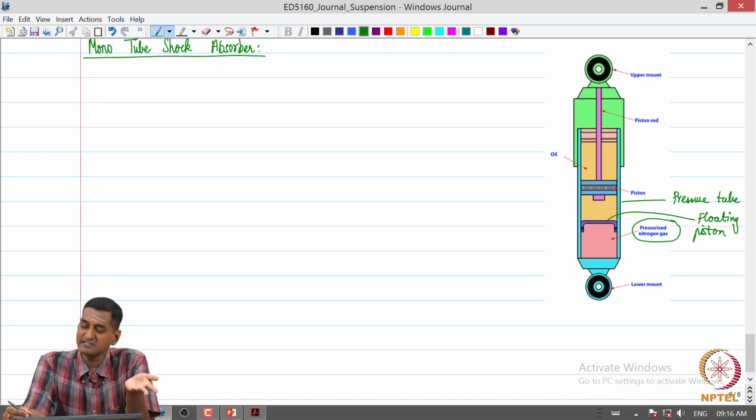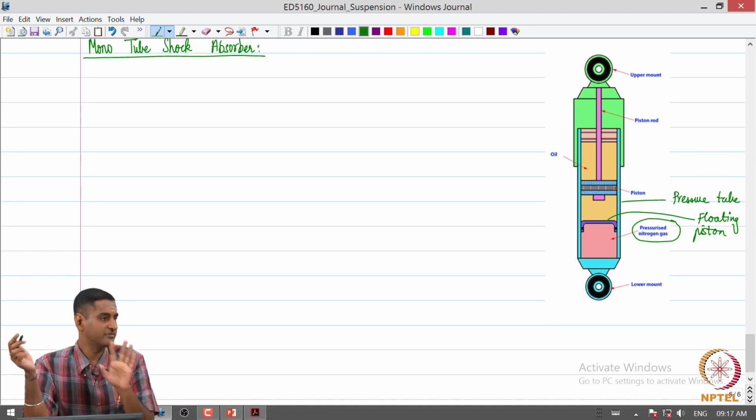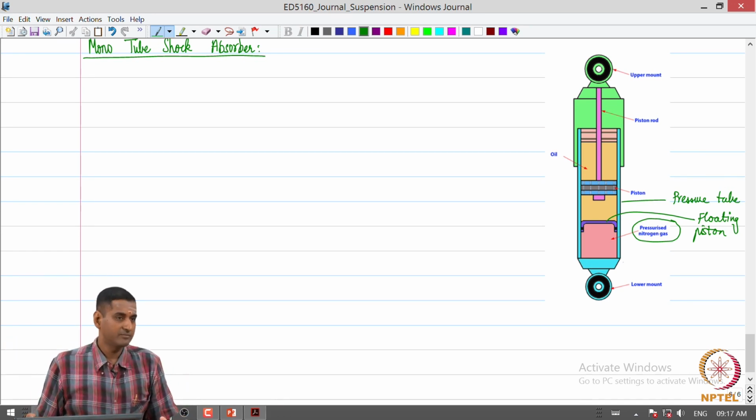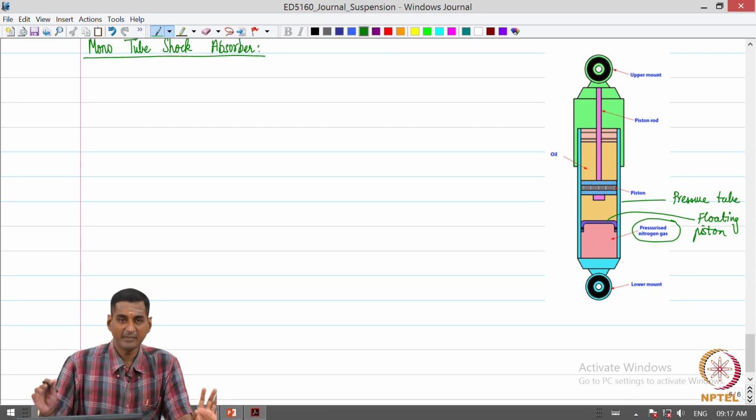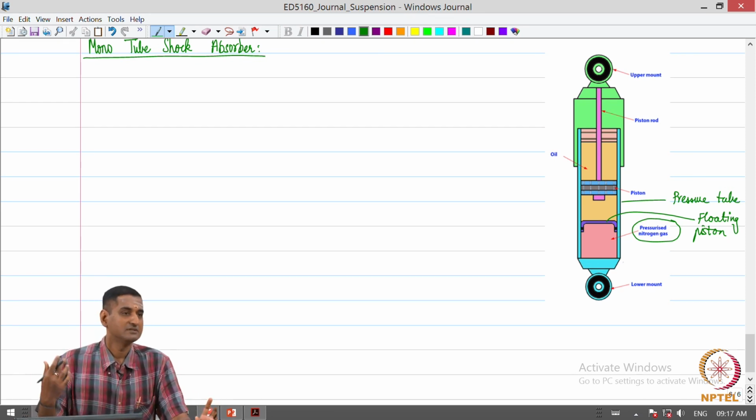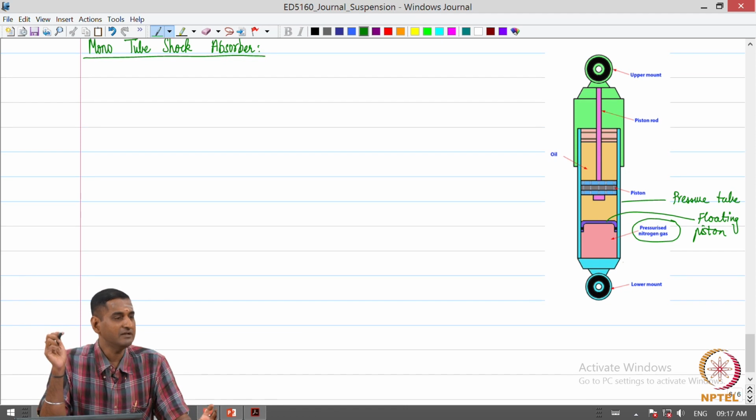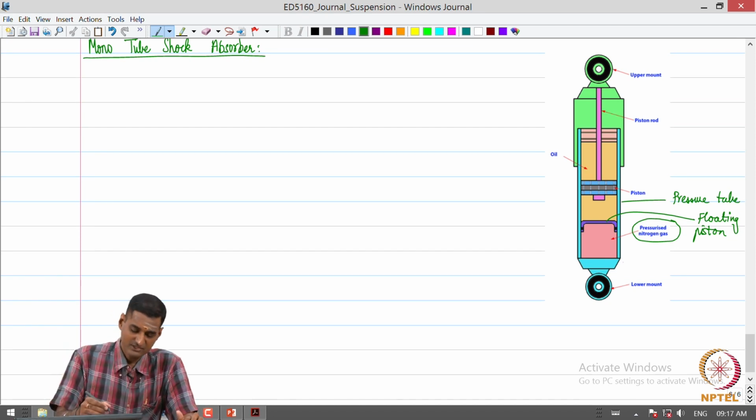As with the twin tube, we can see that there is an upper mount which has a rod connected to a piston which is immersed in this oil, and the oil flows through the orifices as the two tubes slide in and out of each other during the extension and compression strokes. So, the main difference is that instead of two tubes in the bottom half, there is now only one tube, but at the bottom of the tube there is a high pressure nitrogen gas pocket. So, that is the monotube shock absorber.